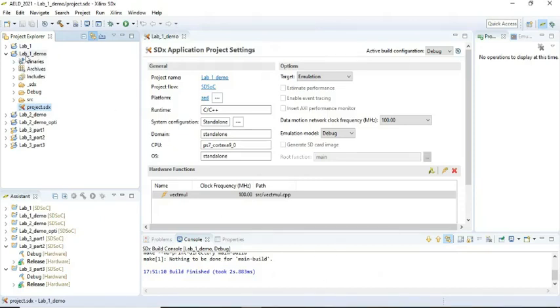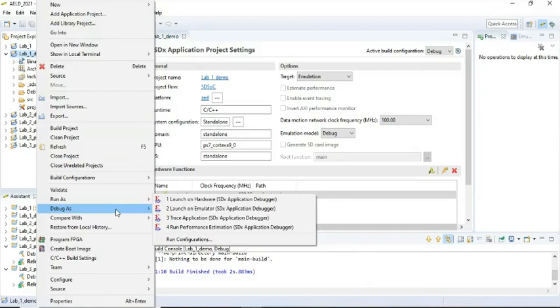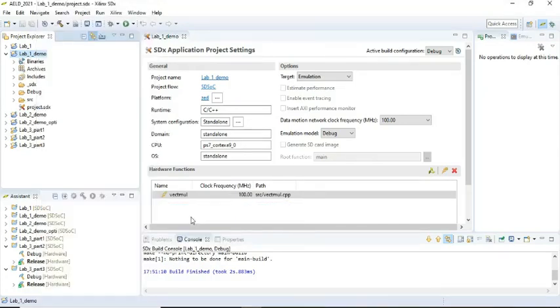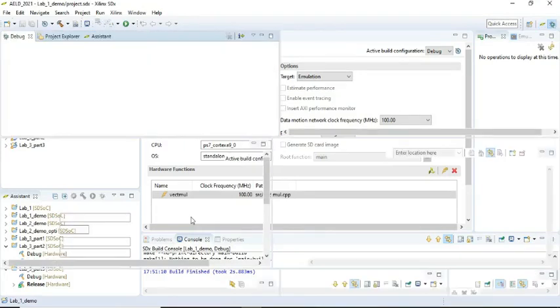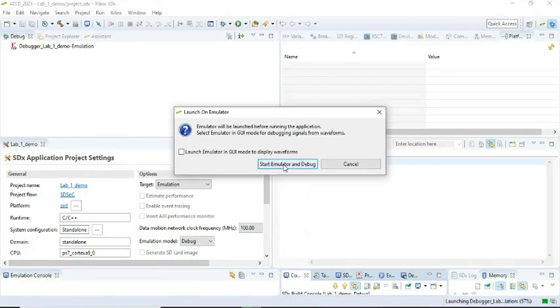Okay, so this project I have already built. If I debug it as and launch an emulator, it will open the debugger window. So start emulator and debug.